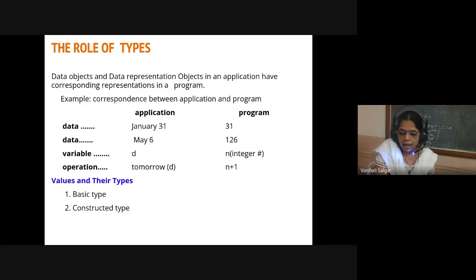So I have basic types as integer, character, boolean, and float, whereas the constructed types are arrays, which come under homogeneous data types, and structures, which hold heterogeneous data. That is a constructed type, and it is based on the basic data types supported in that particular programming language.